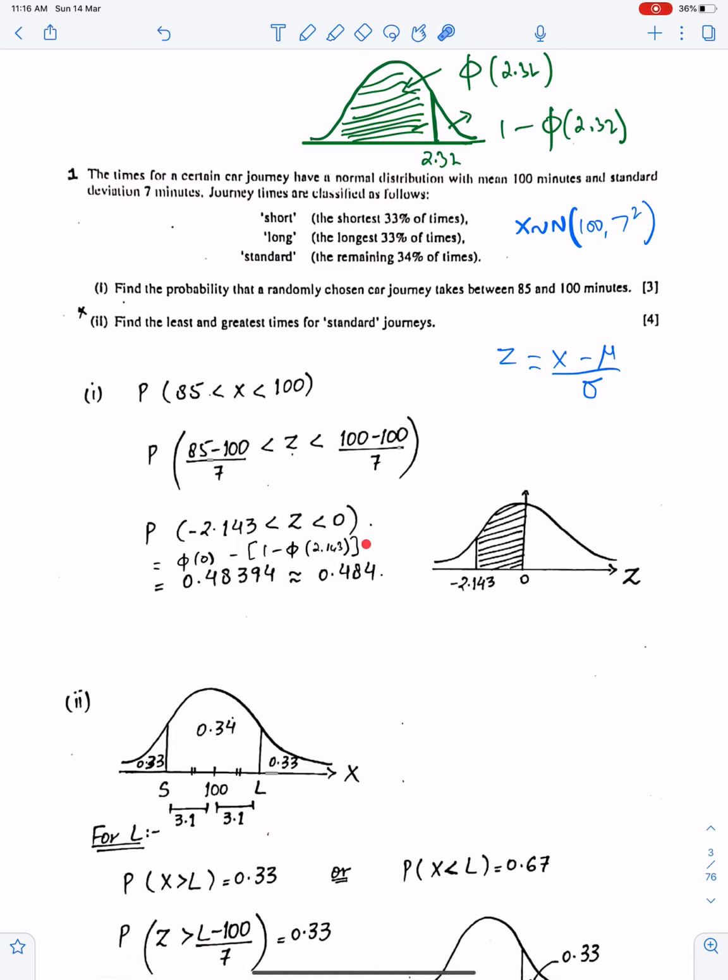Like till here, all methods are same. Till here, table is same. All calculators are same. Now this step, we did this step through latest calculator. We substituted this as lower limit, this as upper limit, and we got this. Those who are using table, they need to write 0.5 here, minus 1 plus 5, and then they need to write this number here. Those who are using silver calculator, they should write this number here and then just do